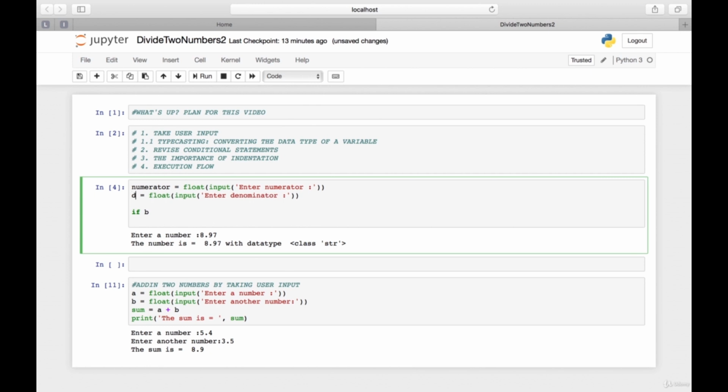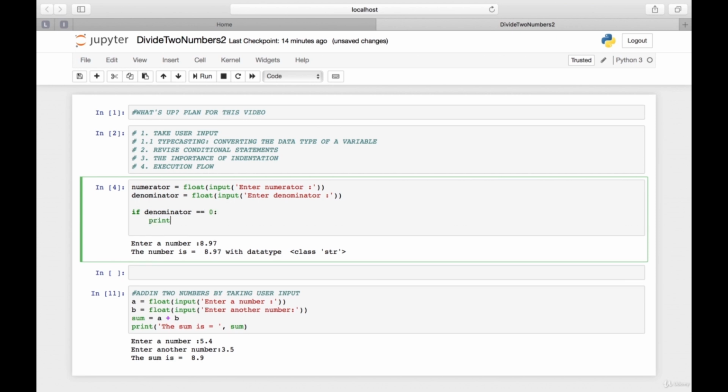Numerator, denominator, just to keep things consistent. Now, instead of checking that the denominator is not 0, I check that if the denominator is 0, then print that don't divide by 0,